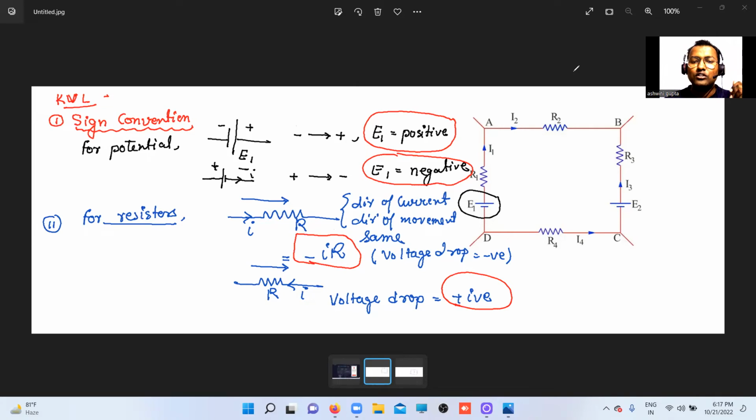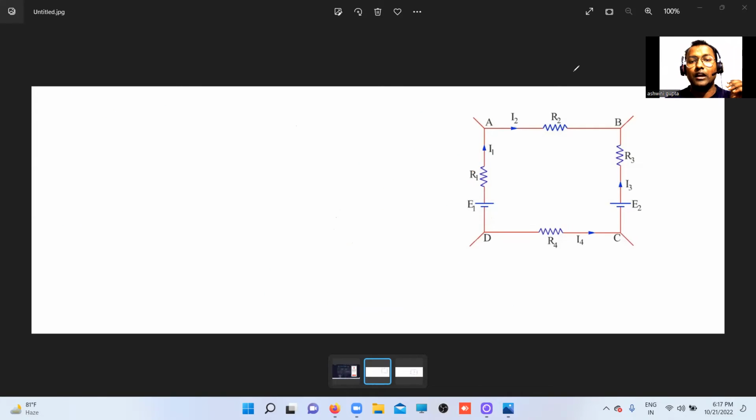Okay. So I am just erasing all the written work here so that I have the circuit, right? Now, this is the basic circuit that we are having, and let us try to understand. First of all, we will draw a simple assumption of a loop. Suppose we are moving in the clockwise direction. So we will apply KVL